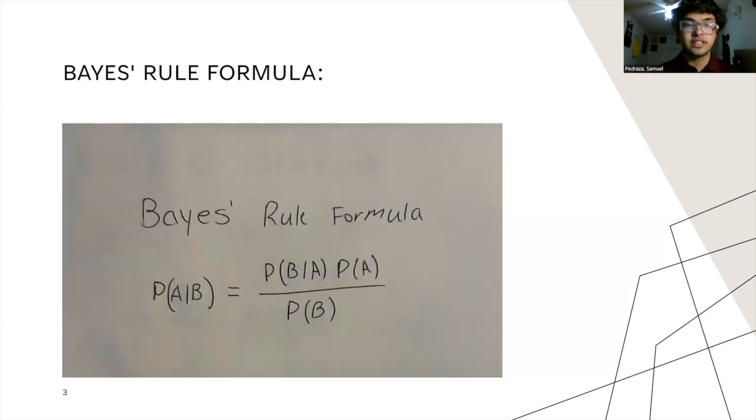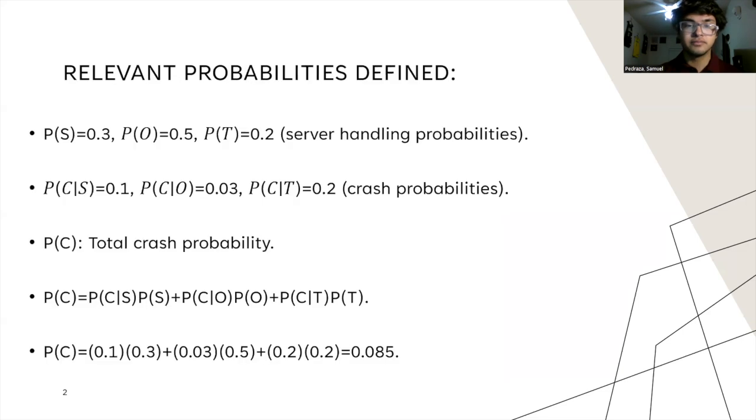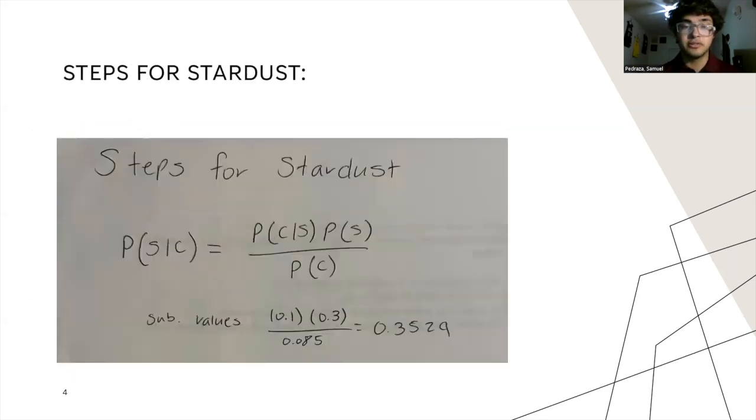Next, substituting the values, the total probability of a crash will be P(C) = 0.1 times 0.3 plus 0.03 times 0.5 plus 0.2 times 0.2, which is equal to 0.085. Next, we'll look at the steps for Stardust, which is P(S|C) = P(C|S) times P(S) over P(C). Substituting the values, we get 0.1 times 0.3 over 0.085,